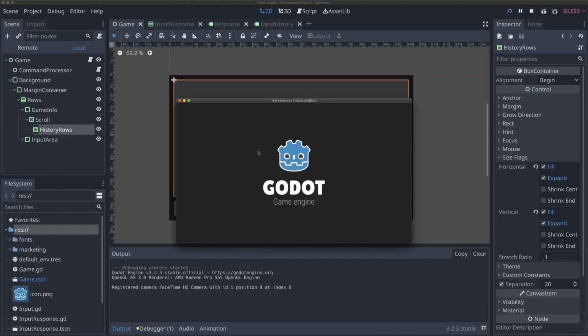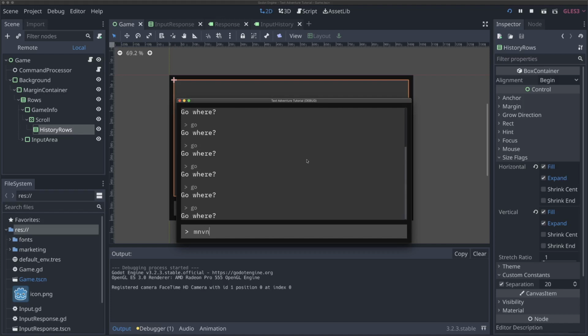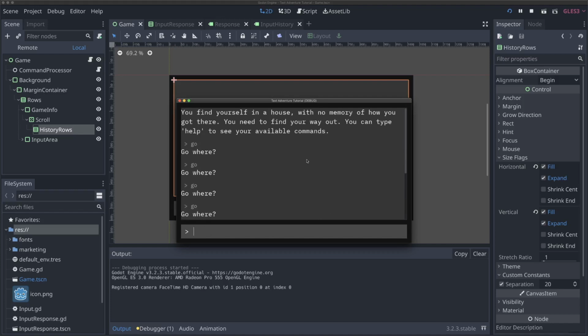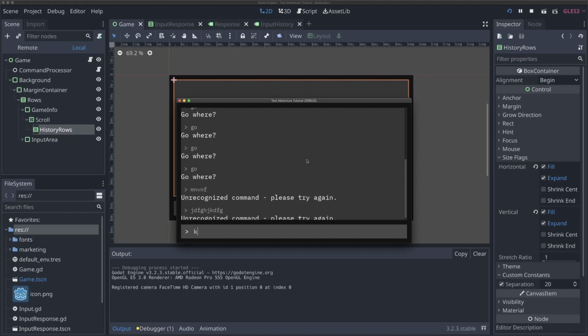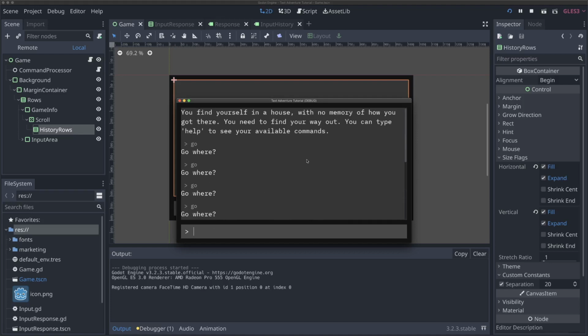And so now if I run it, we will see that our starting message is available and totally readable, and it's wrapping correctly because it's using the amount of width that our history rows section now has. And so if I type a bunch of stuff and just start typing go, you'll see that this continues to be the case and it's still scrolling correctly, and it'll scroll down. If I go to the top and type, we're still scrolling, etc. So everything is still working just as we wanted it to. We still have a scrollable area, but we now have it wrapping correctly, and we've got the start of a